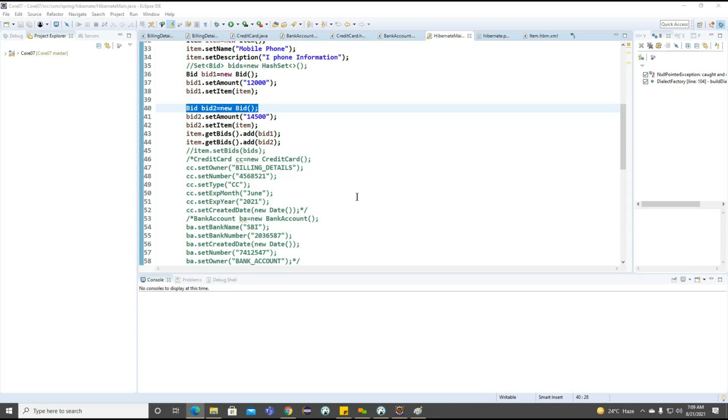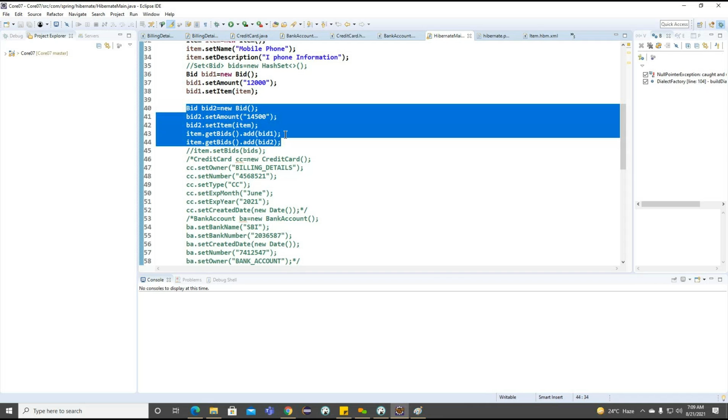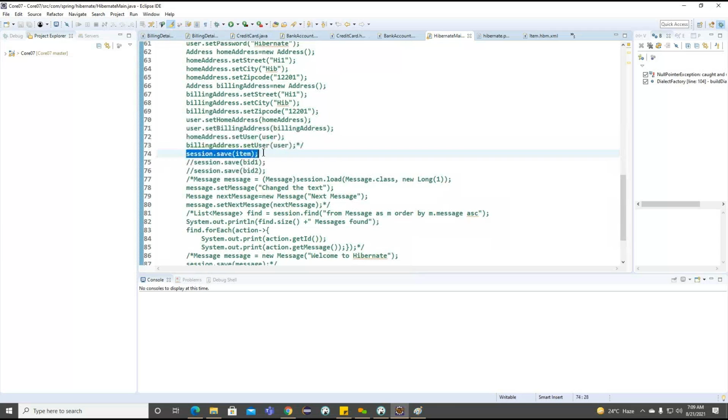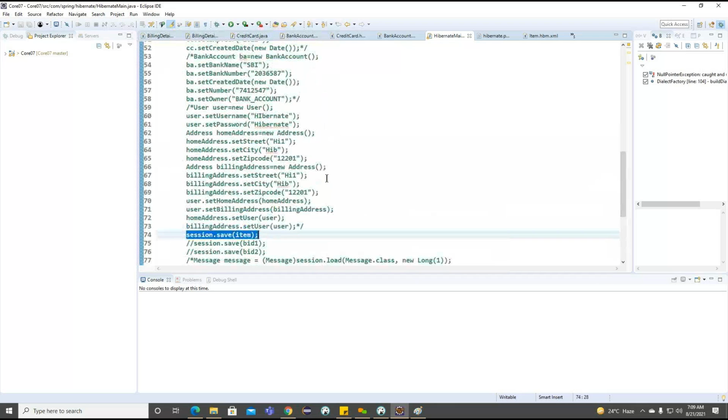Getting the point. We just created an object here, with the help of some information. Other than this, we are not performing any other operations here. But how are we going to perform the other operations? Here we need to see that with the help of this session.save, we are trying to perform the operation. So this is the difference here.